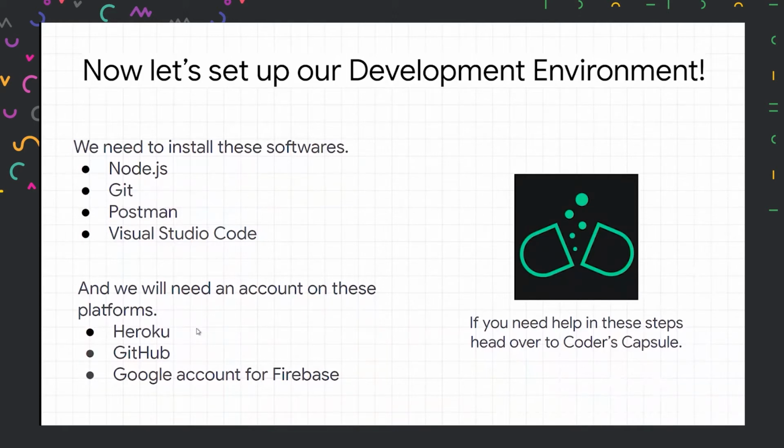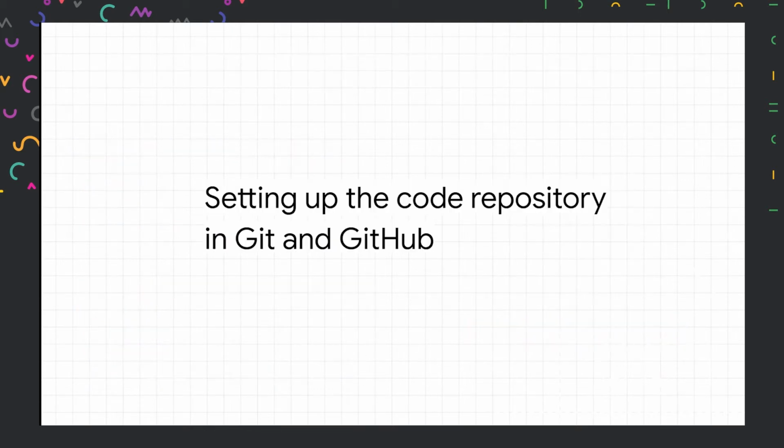So first of all, we have Heroku. We need to create an account on Heroku, and we need an account on GitHub as well. And then we need a Google account. I guess everyone has a Google account. This Google account will be used directly for Firebase. So no need to create a separate account on Firebase itself. You can link your Google account to it, confirm a few agreements and licenses, and you're good to go.